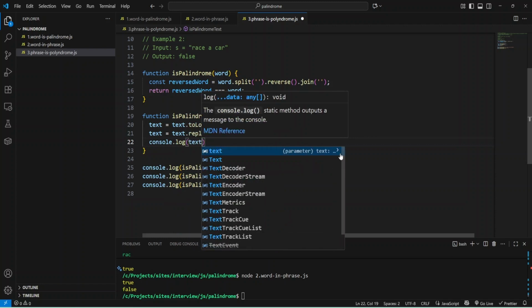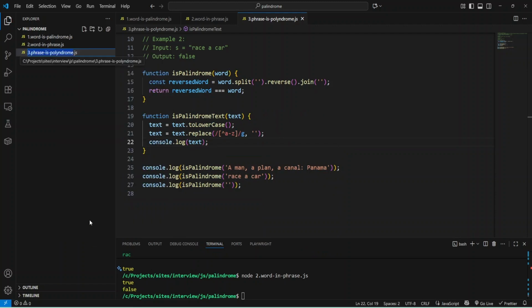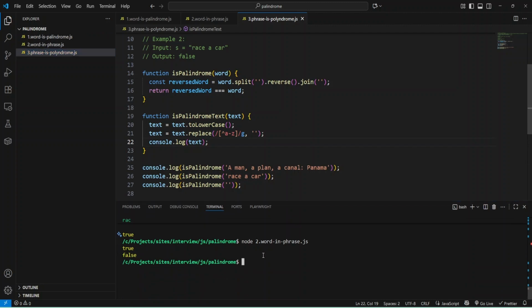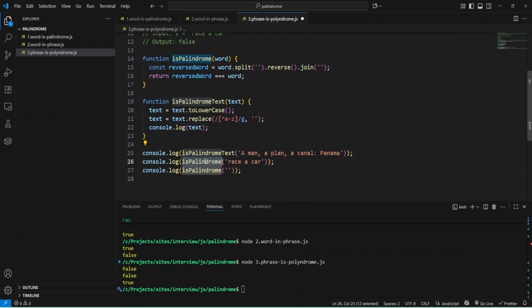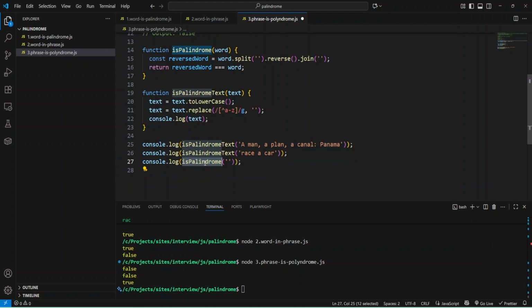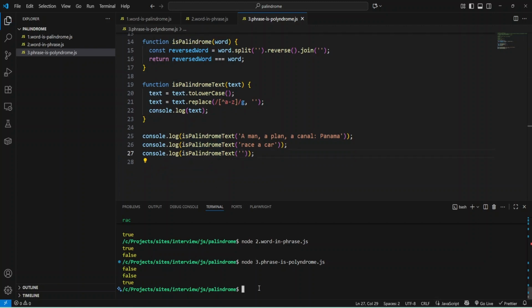And let's see what we have. Let's provide console log text, and I'm going to call my function from my terminal, and let me paste it. Okay, and I need to check the palindrome text.